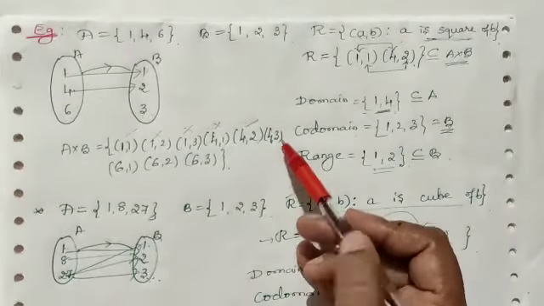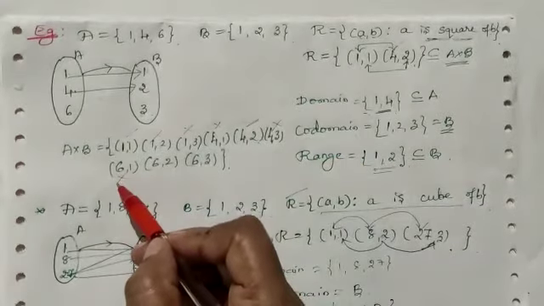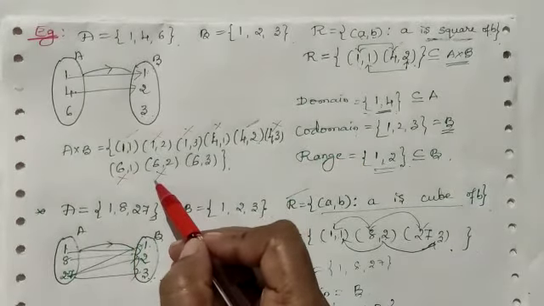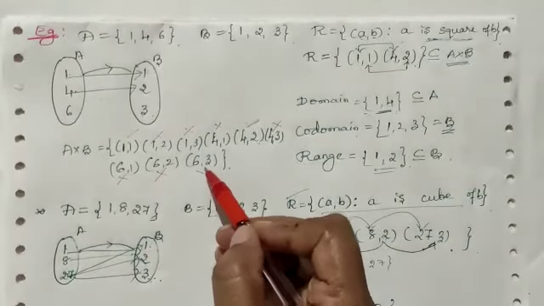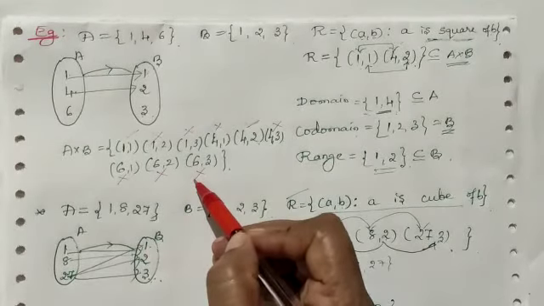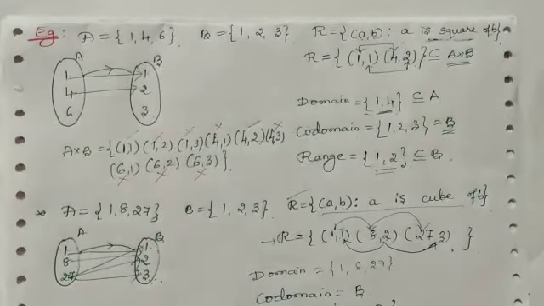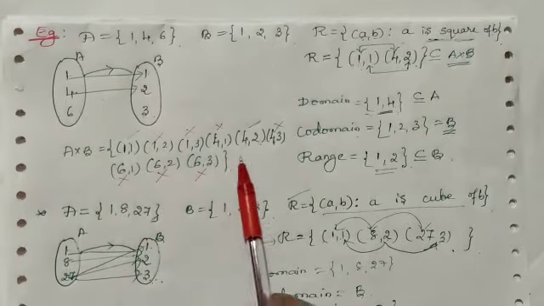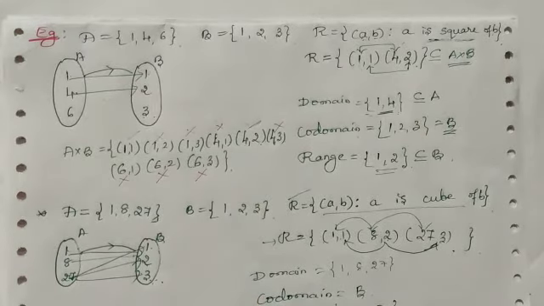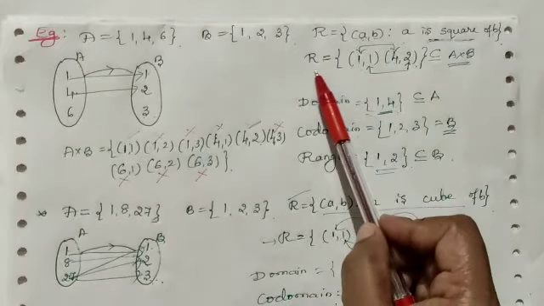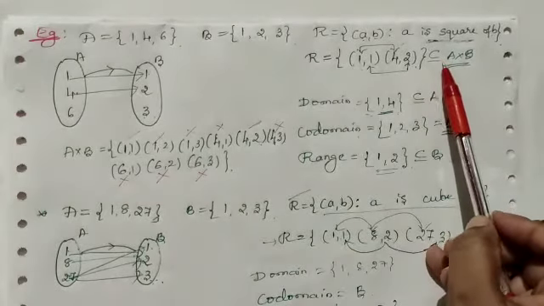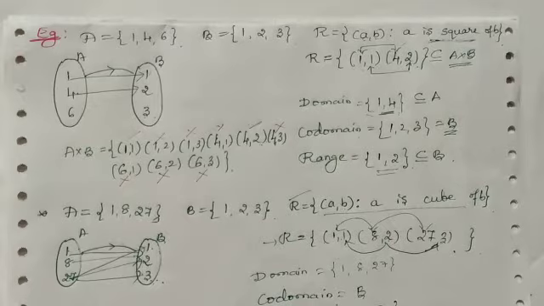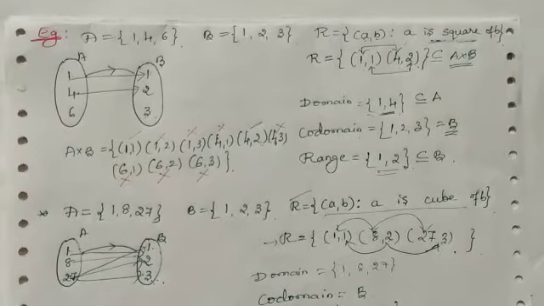4 is a square of 3? No. 6 is a square of 1? No. 6 is a square of 2? Leave it. 6 is a square of 3? So it is not possible, leave it. How many ordered pairs did we get in relation R? (1,1) and (4,2). So clearly you can observe our relation R is a subset of the Cartesian product A cross B. Got it? So relation is what? Relation is a subset of the Cartesian product A cross B.